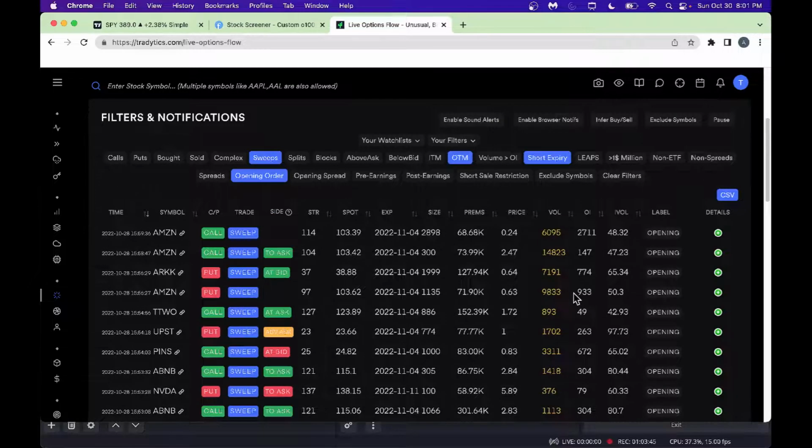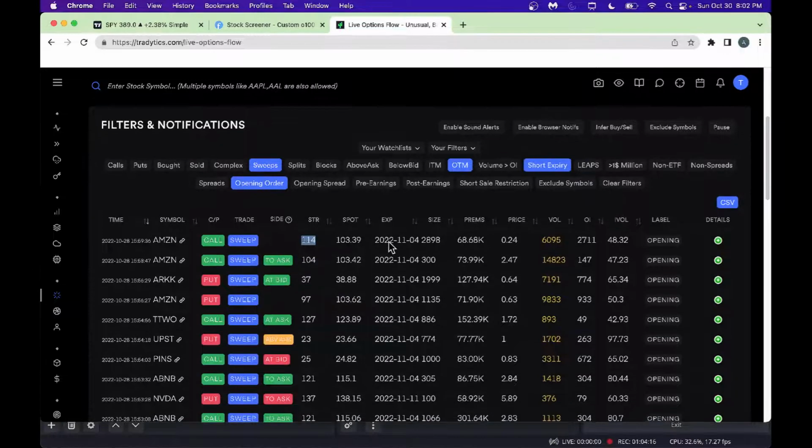You could play along with this. Look, Amazon. We got a call option. Strike price 114 here, expiring next week. There is a $68,000 premium here. You could play along and see. Right now I think stock price is around 99 or 100 here. Spot price, actually, spot price is right here, 103. They are thinking the stock will go to 114 by next Friday. So you could play along here and go from there. It's a very good one here.